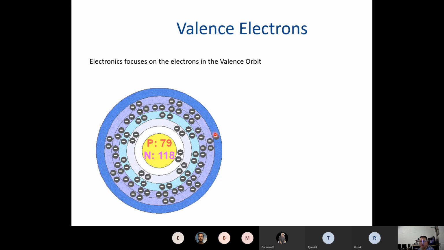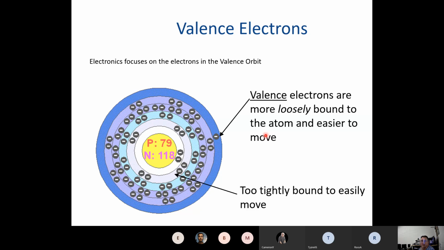So you can see that there's one valence electron, which is floating around, and these are very easy to come off of the atom. And that's what makes electricity work. Okay, so now I can't use the mouse clicker. Okay. And the ones on the inside are too tightly bonded to the atom, so they don't really help with